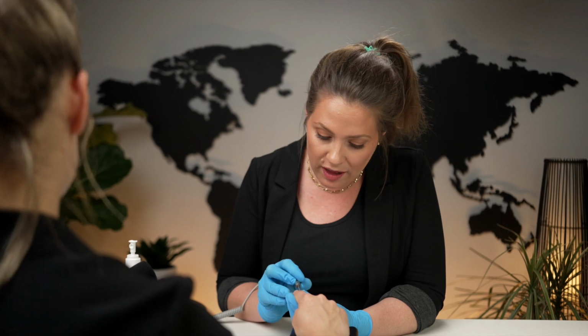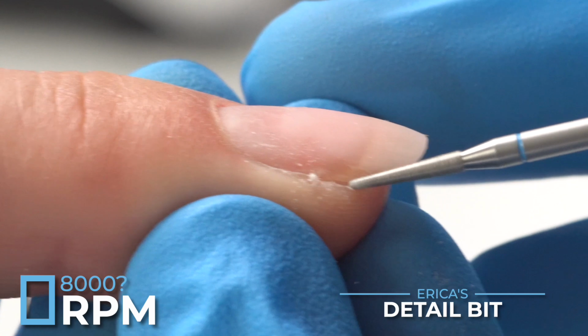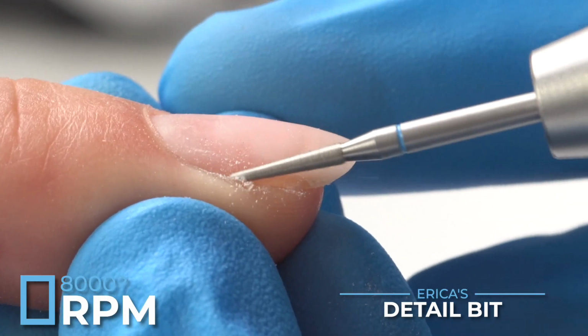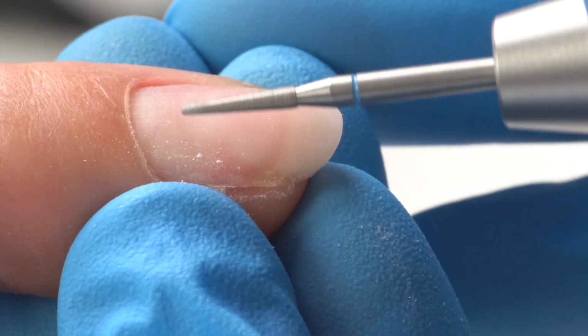Well, I'm going to show you right now. This is what I consider flossing the lateral fold. So you're just taking the tool and you're literally running it down between the groove. I only floss with the detail bit because of the size. If I were to use the micro taper